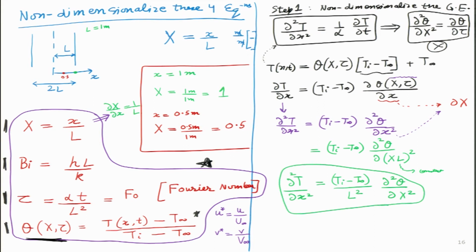Now I think we have made good progress, because if I link these two together, let me see over here if I can draw these dotted lines. Now this left hand side over here, we have figured out. Wonderful. So I have in some way non-dimensionalized the left hand side. Can you see that? Very nice. Now let me go ahead and non-dimensionalize the right hand side as well. For that I will move to the next slide. So what I want to non-dimensionalize, I will write again over here: del T by del t.